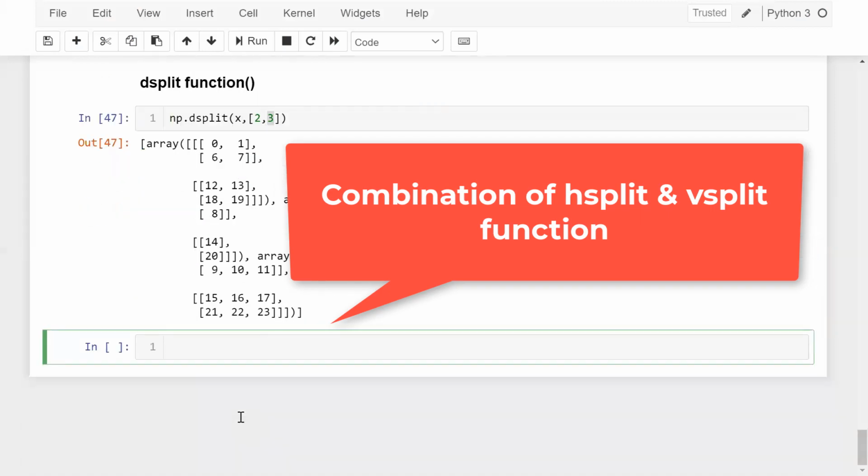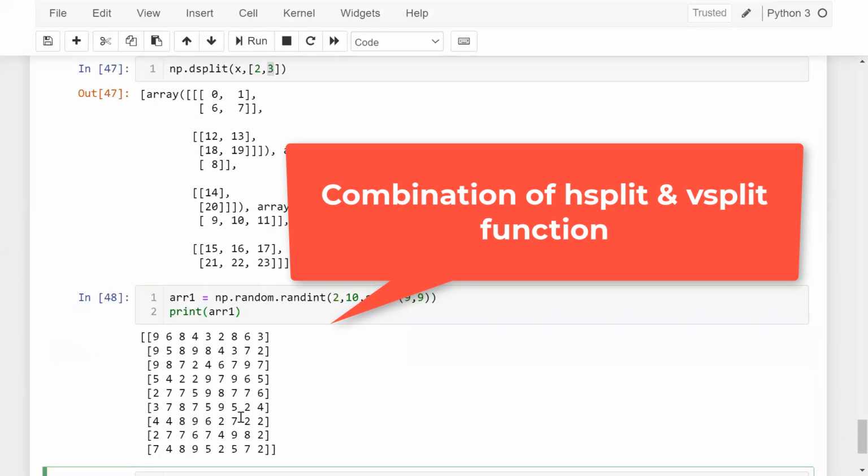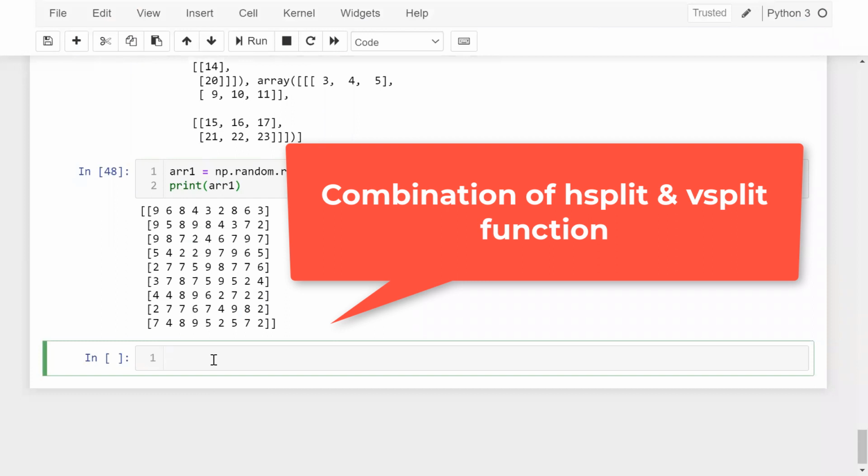So let's suppose I'm generating an array1 equal to np.random.randint, and here 2, 10, or let's say I want the size equal to 9 by 9. Okay. Now let me print my array1. Right. So this is my array. Now what I'm doing here, let's say result equal to